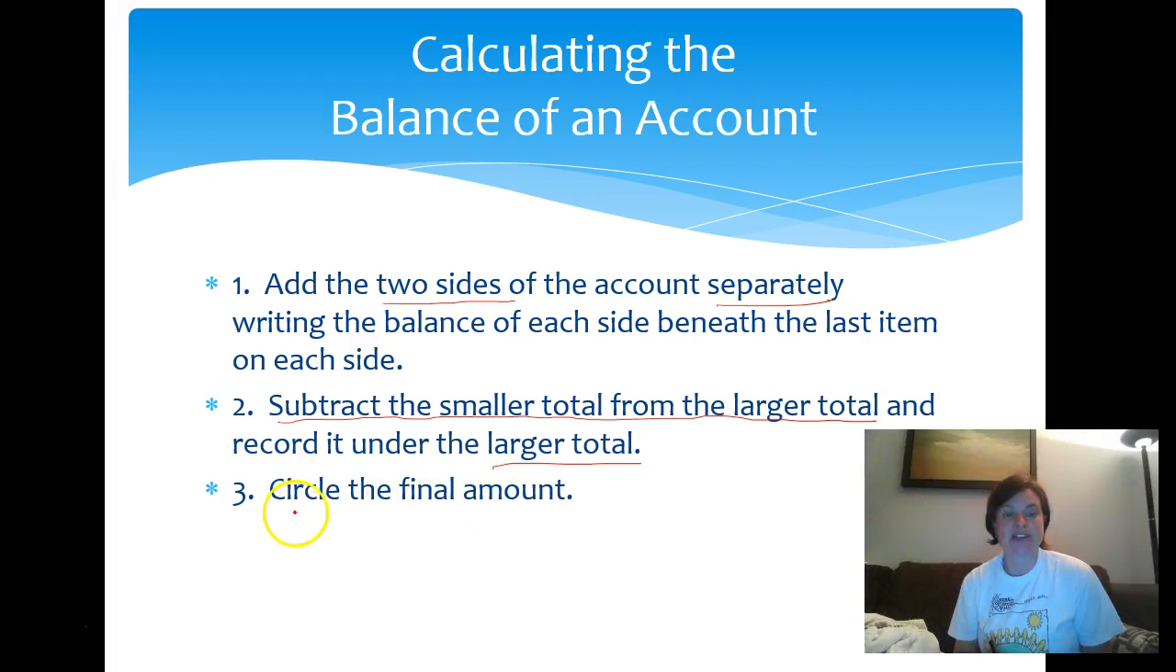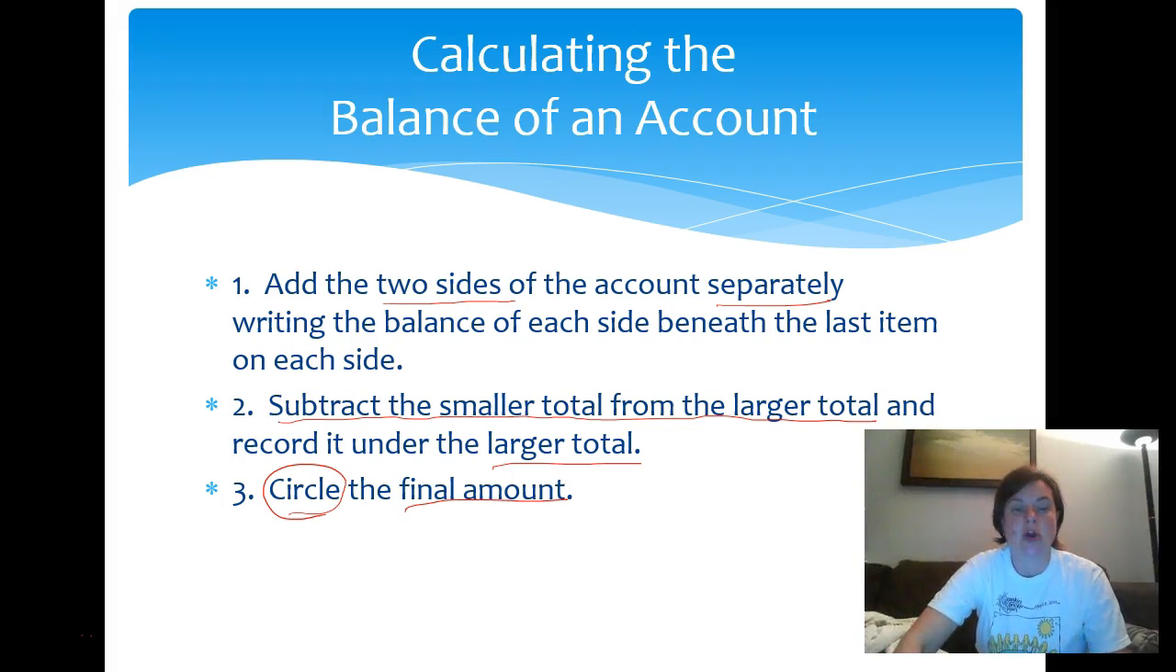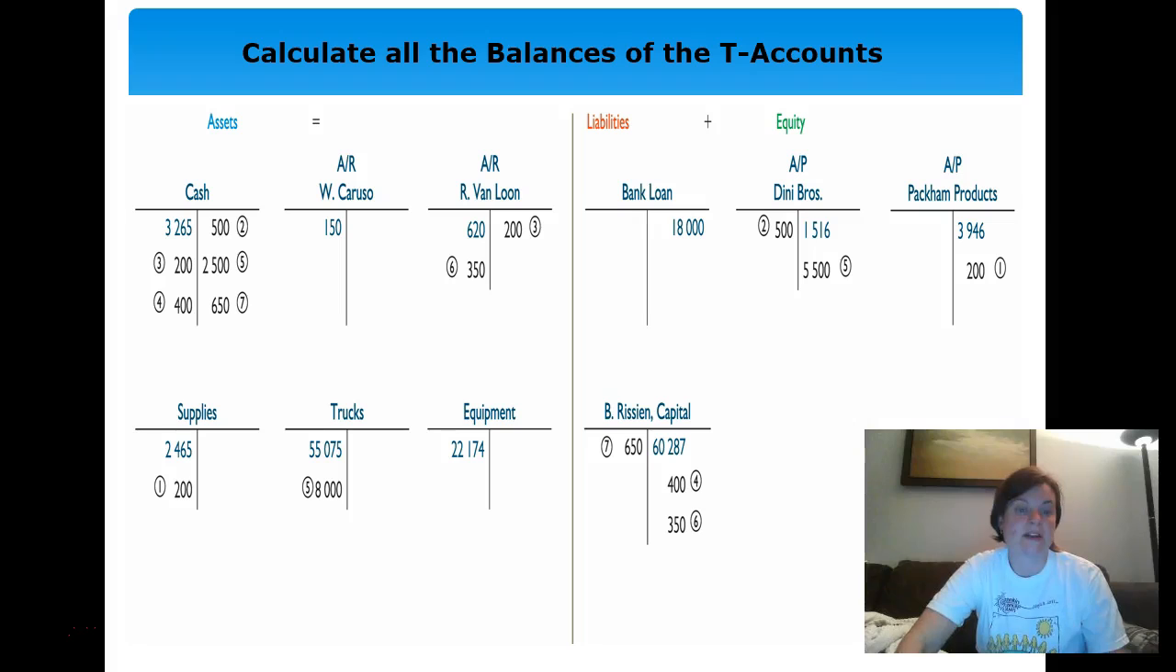And finally, we're going to circle the final amount. Okay, and we want to do that so we can show that that is the balance, so that people aren't confused about what balance we're talking about. So for instance,